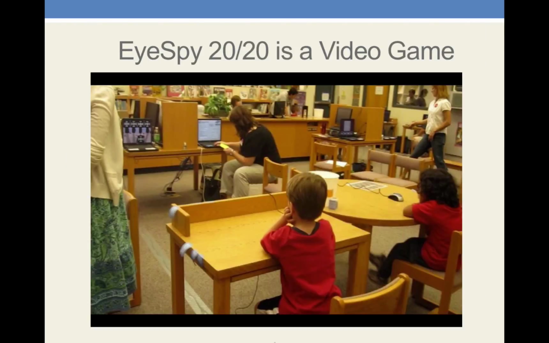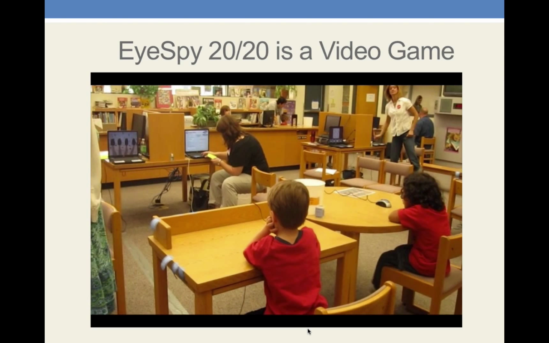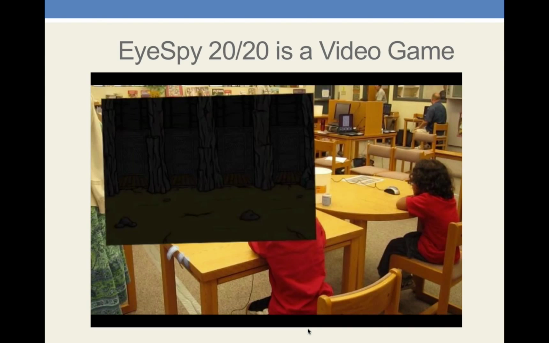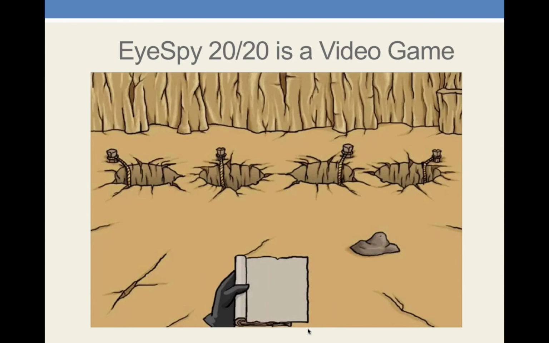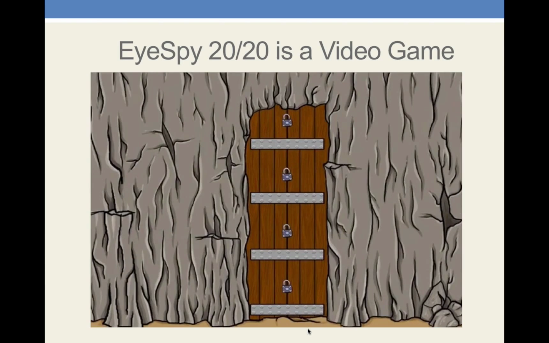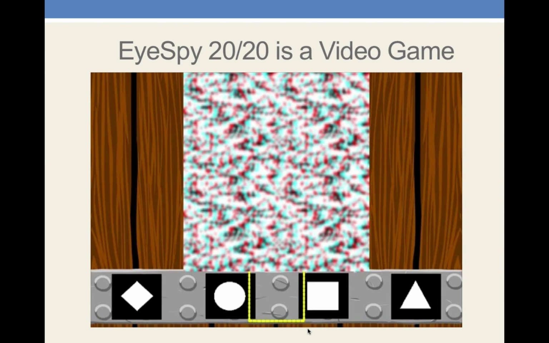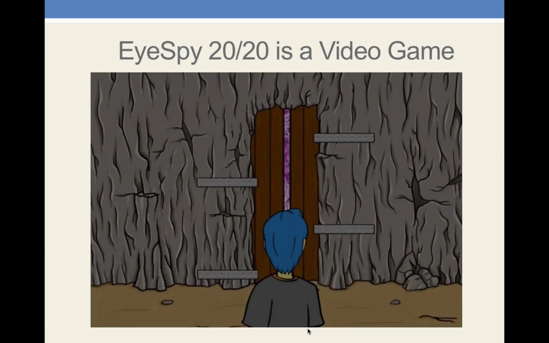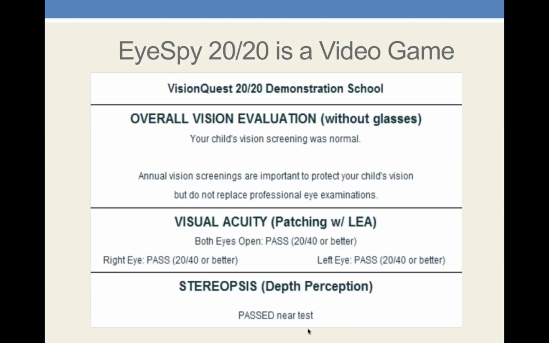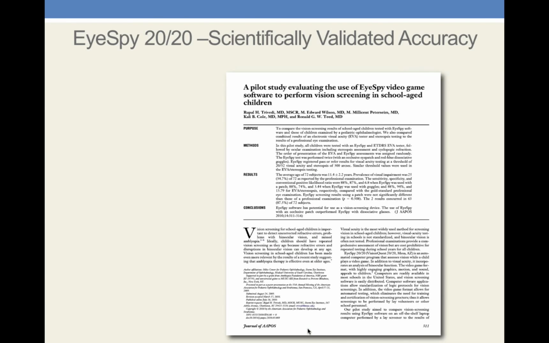So I'm going to show you a quick video, I think. Let's see. So this is a child. He's sitting 10 feet away from the laptop computer, and as you can see, he's just playing a really simple matching game. I'm not going to get into a whole lot of detail here about what's going on. Don't worry about what you're seeing on the screen so much, as the point is that there's animation and cartoon animation, which is used to engage the child in a way that a traditional vision screening does